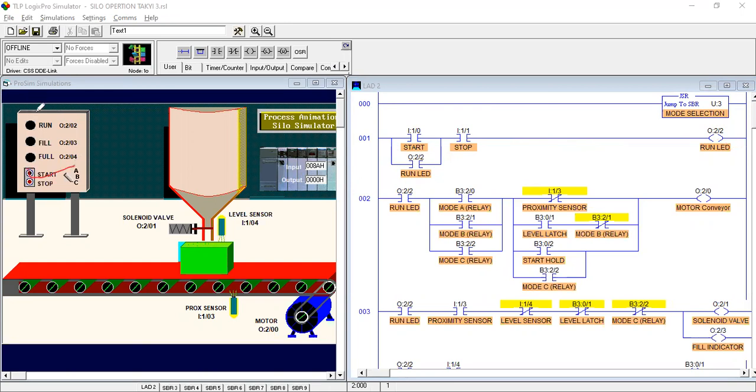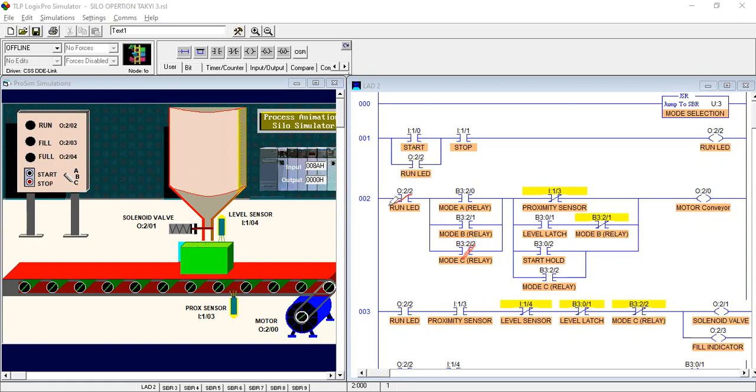When you press the start push button, the red LED will be turned on. And if your red LED is on, you can select any mode, A, B, or C, one at a time. Suppose you select C. Initially it will be off, but after selecting this, it will turn on.